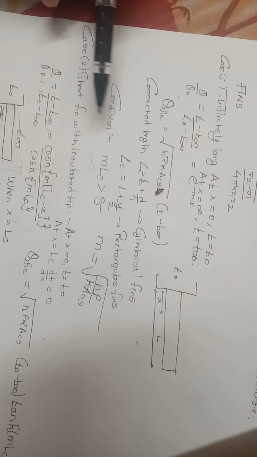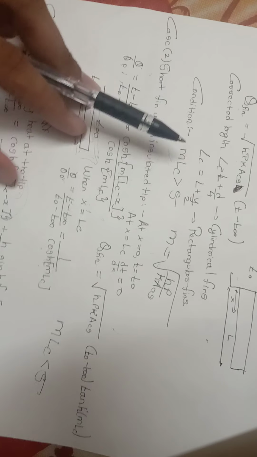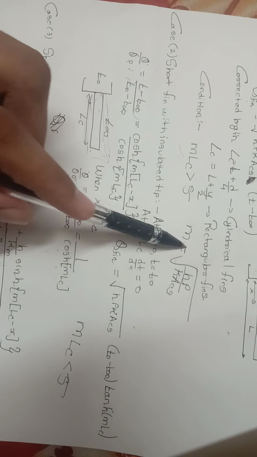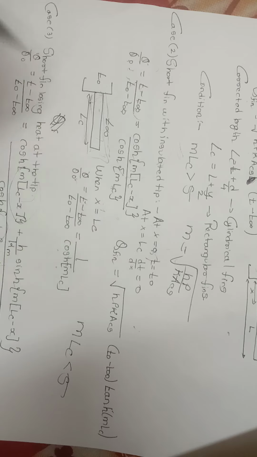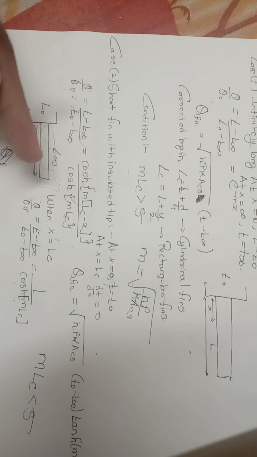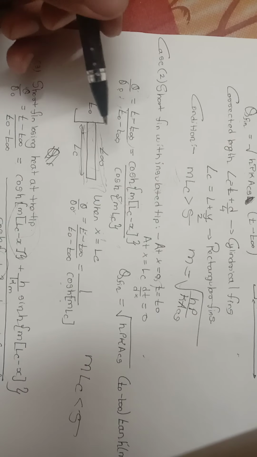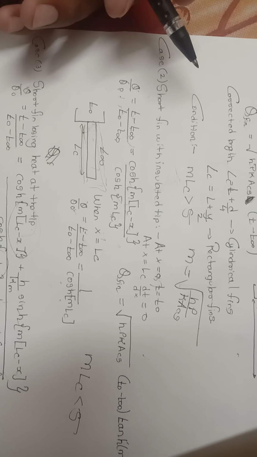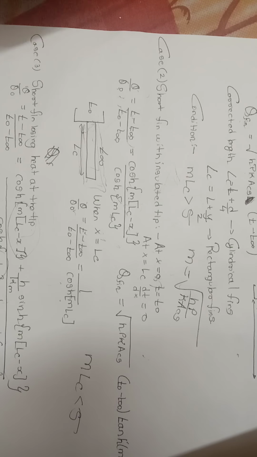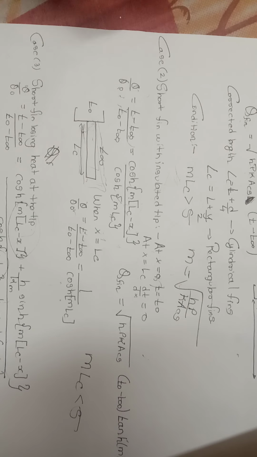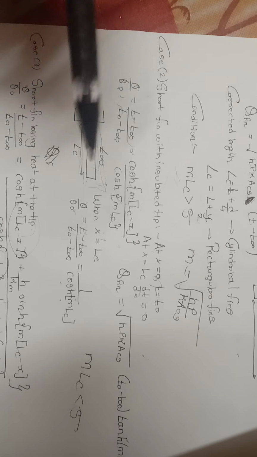So this was the thing I wanted to explain. In the next lecture, I will tell you where m equal to root of hP upon kA cross-section came from, and then if you want I will derive these two derivations, short fin with insulated tip and infinitely long fin, and some exceptional conditions, like in some video I told you, T max equals qg plus T by 8 for a particular coordinate. So for cylindrical and spherical what it will come, and some numericals.